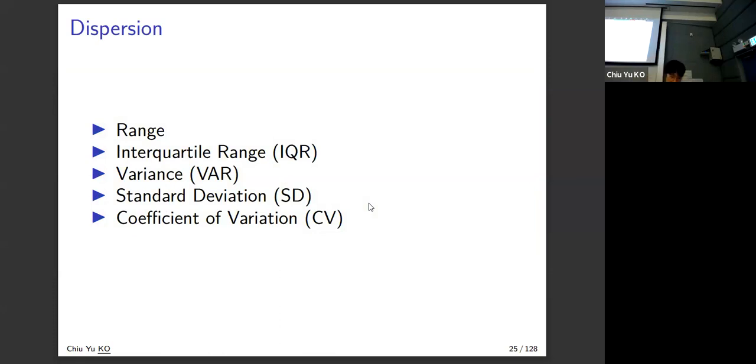Now we're going to cover the next 5 topics. I don't know if we have time to cover all, but at least we will cover up until variance, I guess. There's some technical issue for the interquartile range, but the variance is the central concept. Don't worry, they're very, very simple. Nothing new and nothing difficult here.